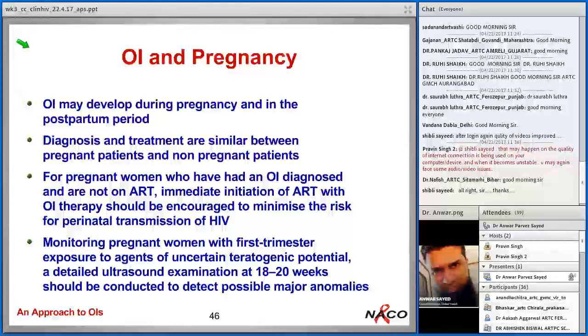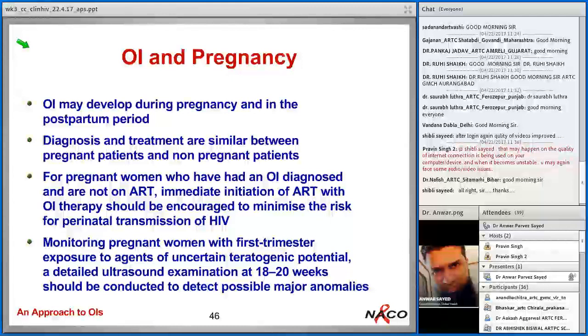About pregnancy, OIs may develop during pregnancy because pregnancy itself is a condition where there is a weakened immune system. So pregnant women are prone to infections, and on top of that, if a PLHIV becomes pregnant, there will again be an increased risk of OI, especially in the postpartum period. Diagnosis and treatment are very similar in pregnant and non-pregnant patients,